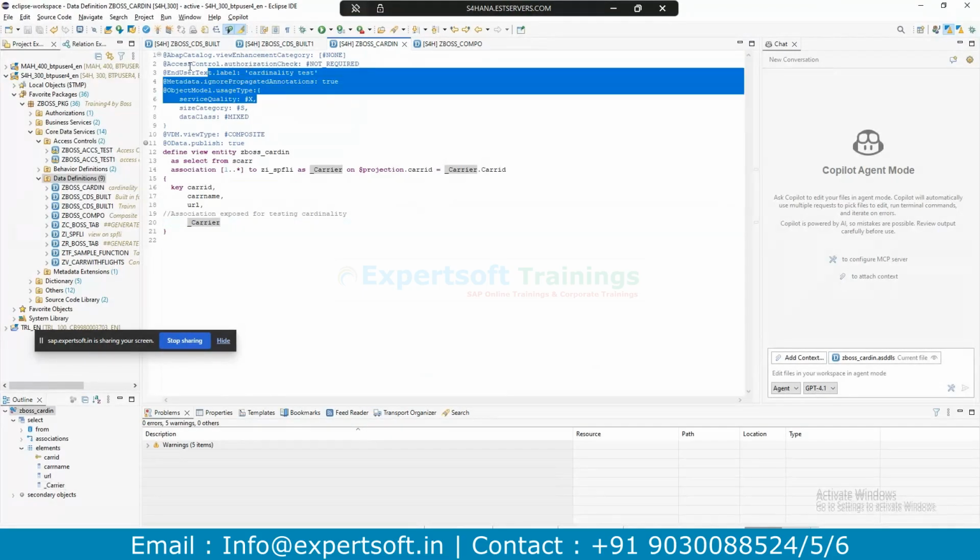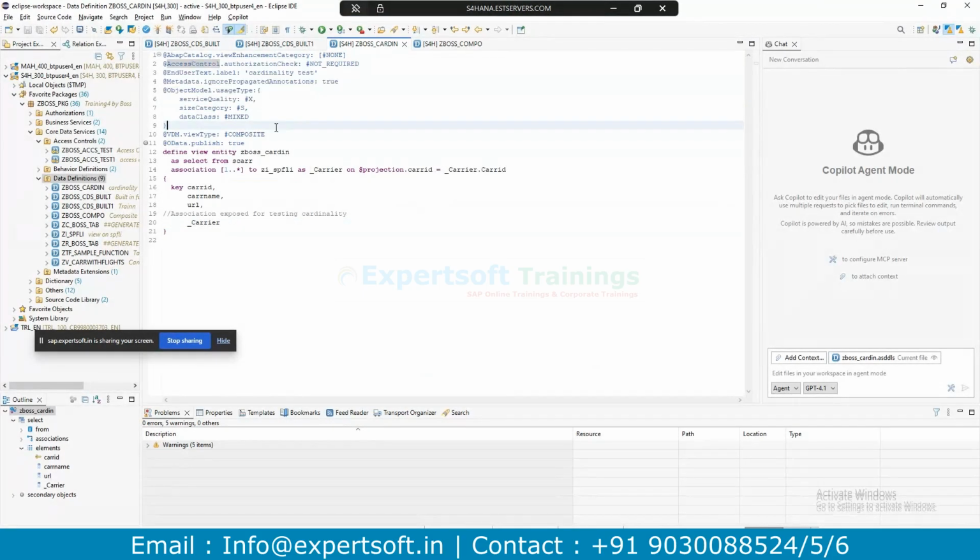I got it. But my only doubt is about the basic view and composite view. Basic view means it fetches the data from the tables, and composite view is a combination of some basic views instead of tables. Right, there's no other difference. That's right.